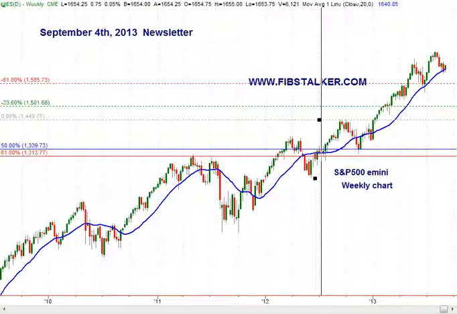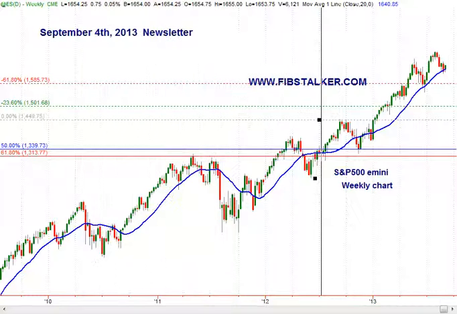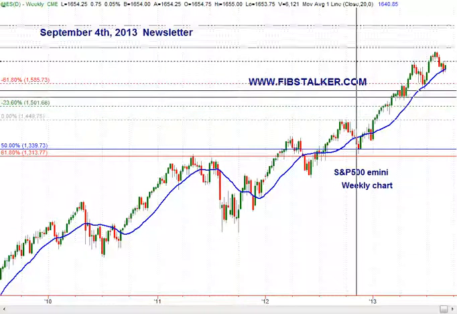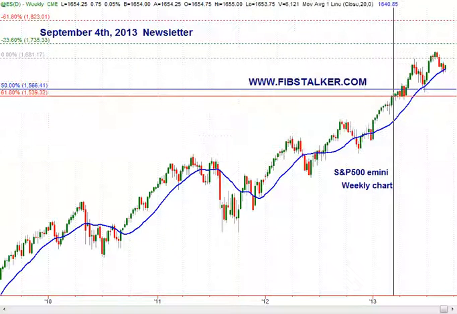1500 and then 1585, so it was possible for us to trace the next weekly extensions, and we know that we found support in the 1560 area and up, and we know that the next target is going to come at around 1720-30. Moving to the daily chart, I want to show you